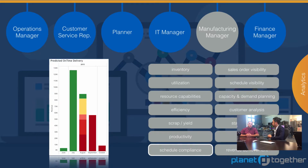And that's becoming very important. In this case, in the pilot program, their raw materials are very costly. So now they have a very good handle on scrap. And it's helping them pinpoint what's causing the scrap, so they put forward some Kaizen events to reduce or eliminate scrap. But at the end of the day, it ties back down to schedule compliance, productivity, capacity, and demand